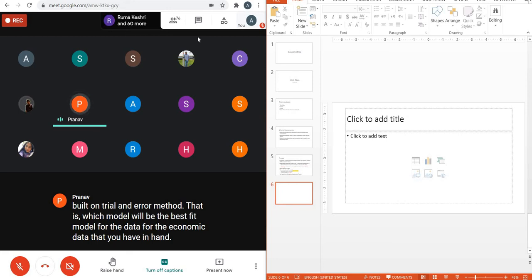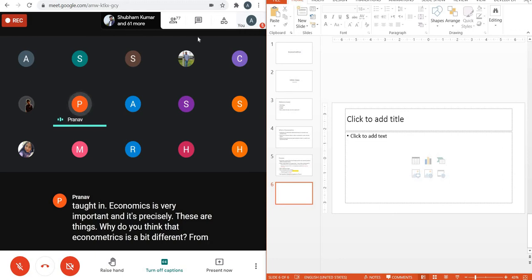So this entire discipline is concerned about building an econometric model for an economic theory or economic content to establish it empirically. And how exactly we establish it empirically is by using those econometric methods. And that's where the concepts which are taught in econometrics are very important. And it is precisely in these aspects that econometrics is a bit different